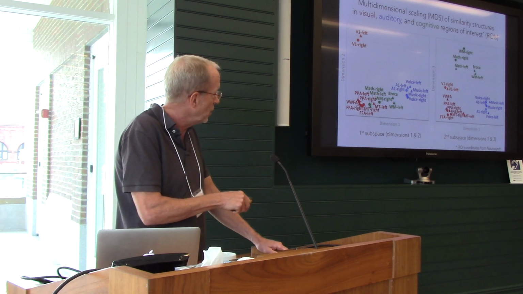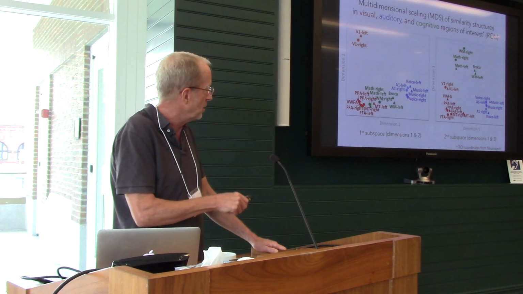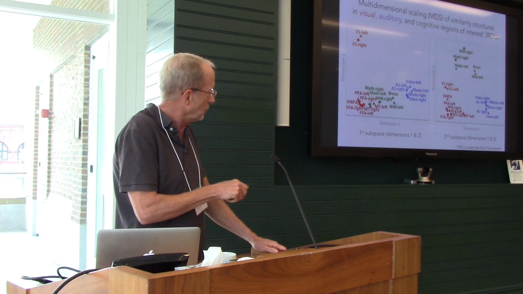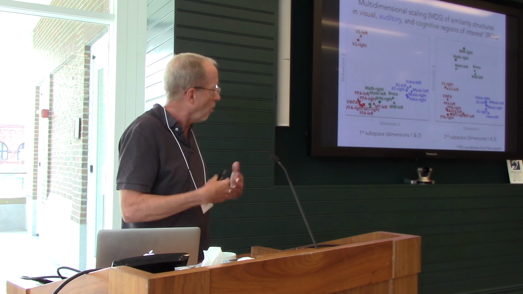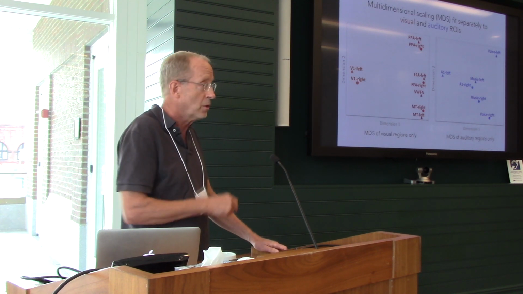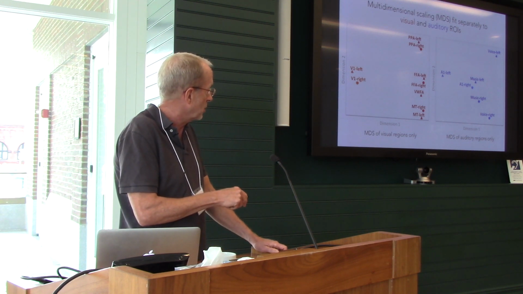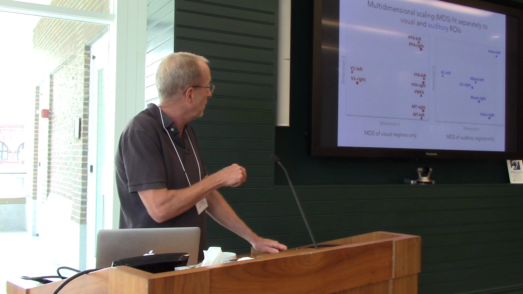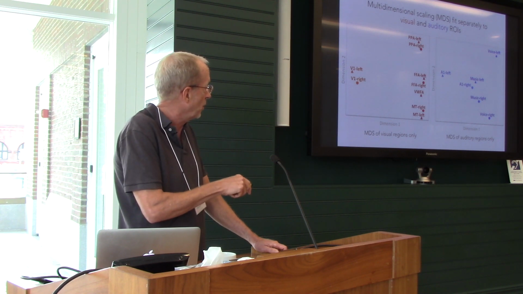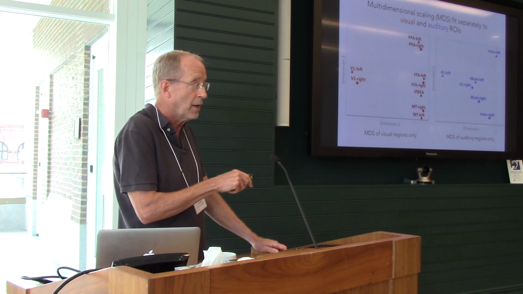And within vision, everything's bunched up together because this is a solution that's optimizing the structure for all 20 areas. If we simplify this and look at just the structure within those visual areas, we did another, two-dimensional, scaling, and we found that the first dimension divides V1 from everything else, and the second dimension divides these higher order areas, with MT down here, and word form, face area, and the place area on the top.